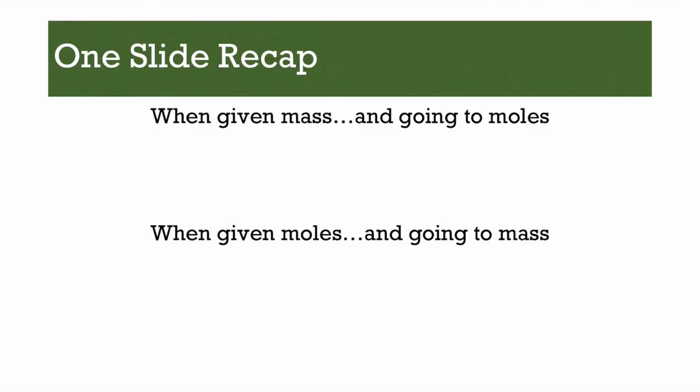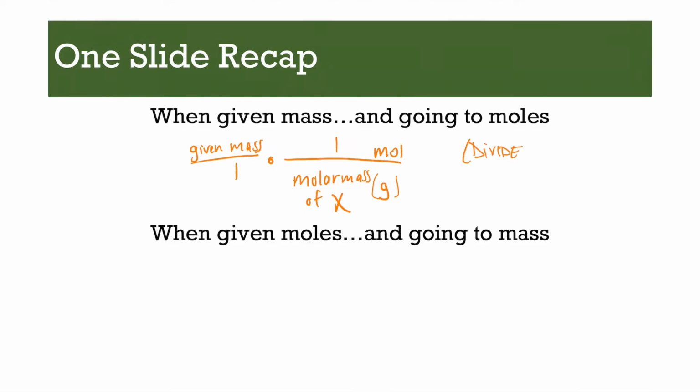So here is your 1 slide recap. When you're given mass, you want grams to go on the bottom and your moles to go on top. So this is the molar mass of whatever you are looking at. So basically you are dividing by the molar mass. Now when you're opposite, given the moles going to mass, so you're given moles,